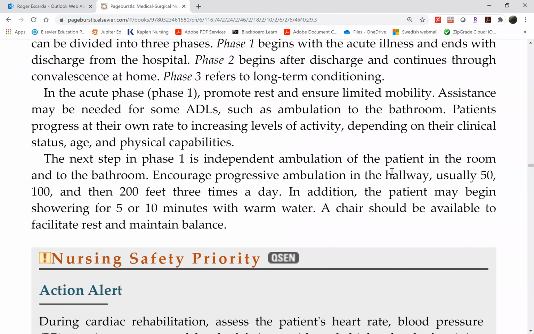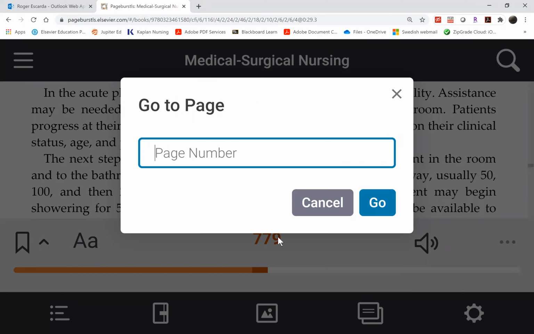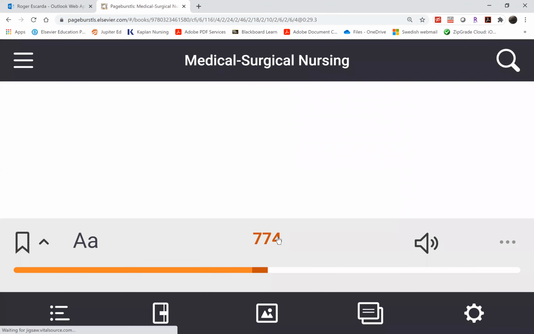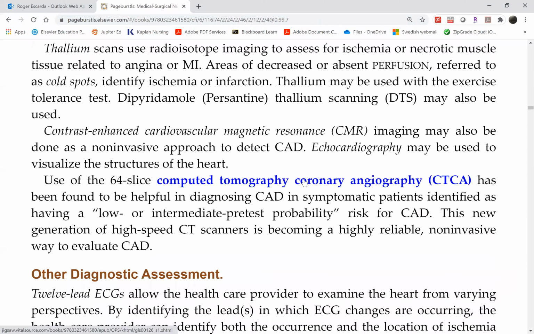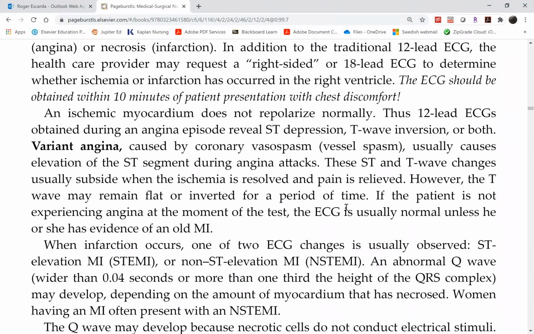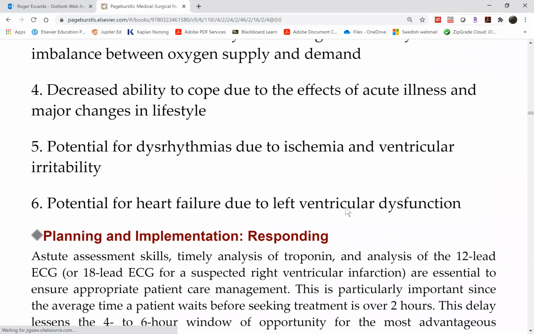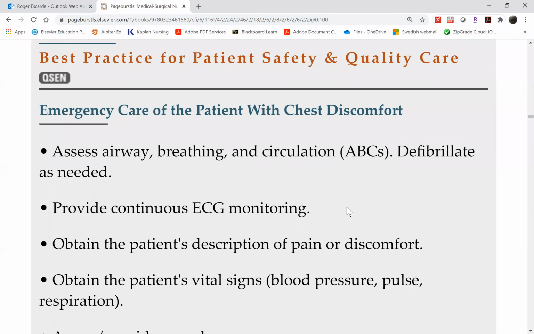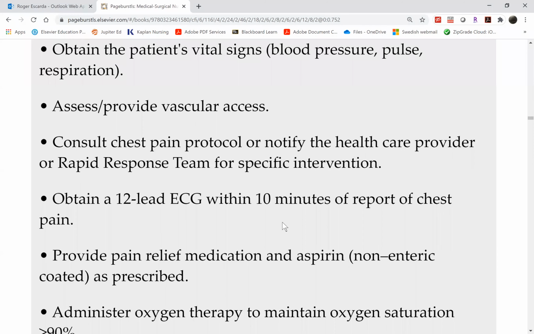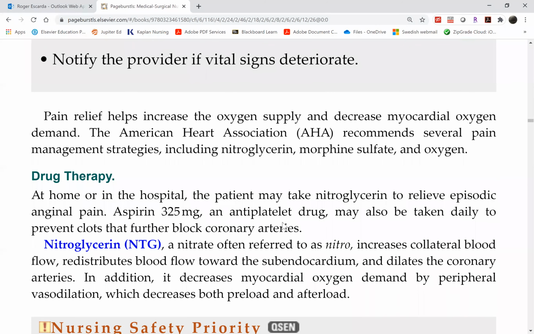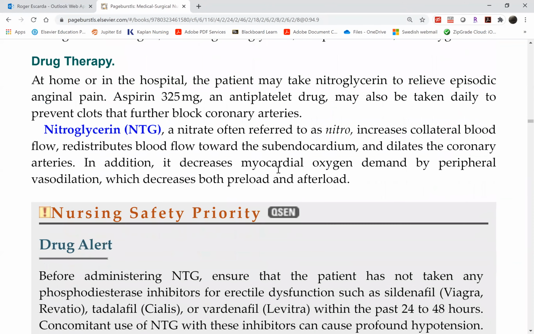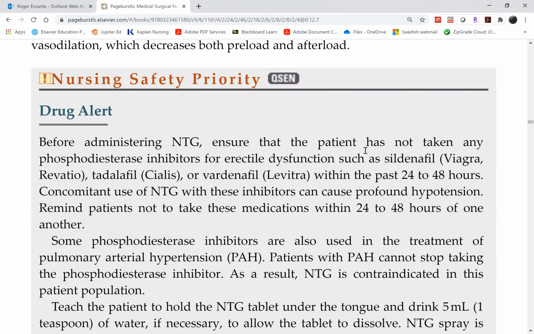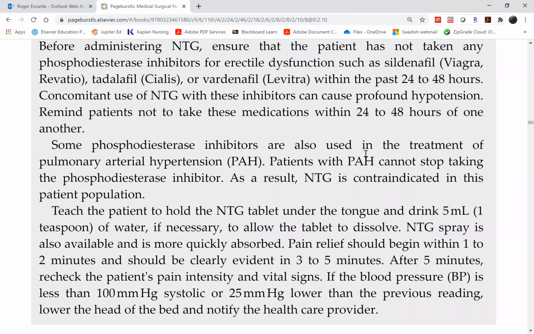Okay, let's go back to 774. All right, so we follow chest pain protocol to the letter. So ECG, oxygen, morphine, nitro, aspirin. So here we go, aspirin, nitro, follow protocol. Here is